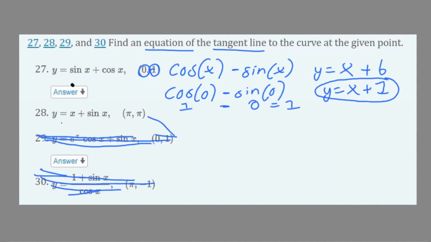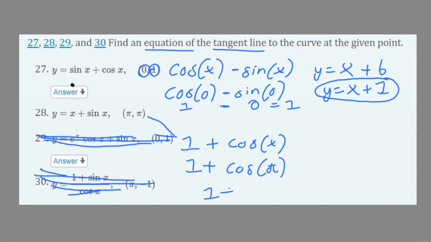And 28 is y equals x plus sine of x. So if you find the derivative of that, we would get 1 plus cosine of x. Now we have to plug in pi for x. So we plug in pi to find the slope. We get 1 plus cosine pi. And then we know 1 plus cosine pi,